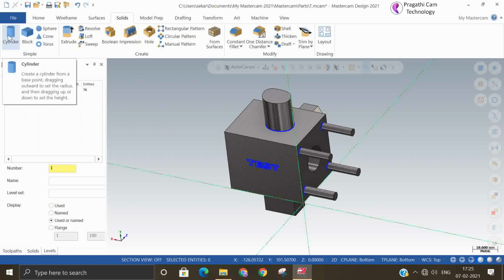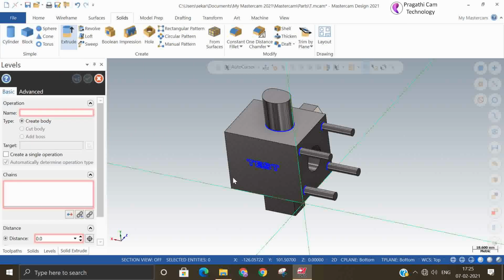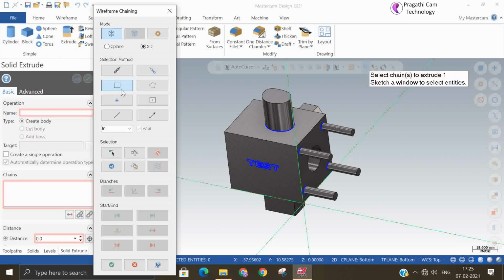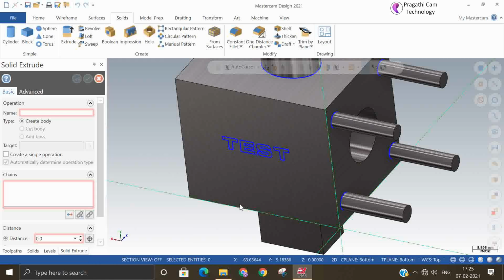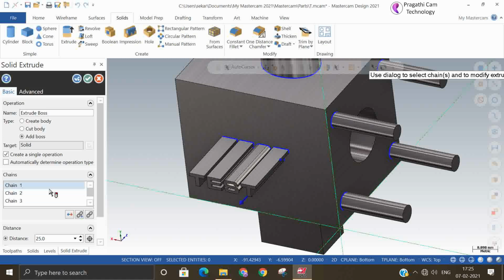Again we'll try it. Solid extrude. Window chain. Otherwise individual chain also you can select. What is wrong, because I am thinking that it is taking other unnecessary things. So that's the reason we have made it. So I want a little height only. So 0.5 mm. Okay.